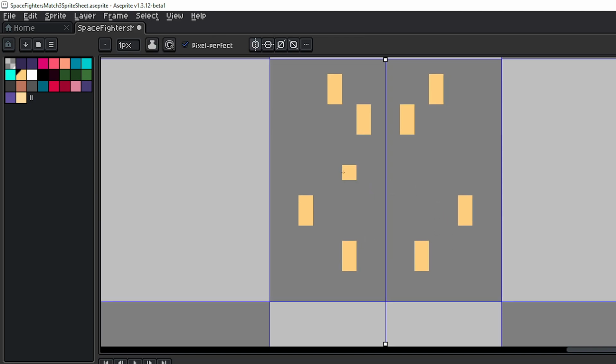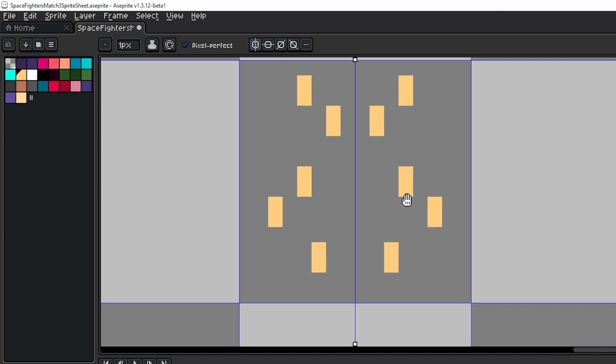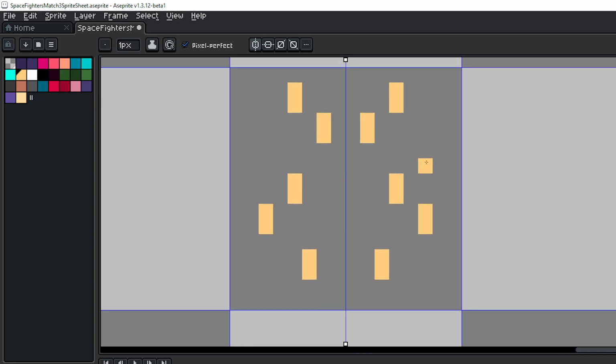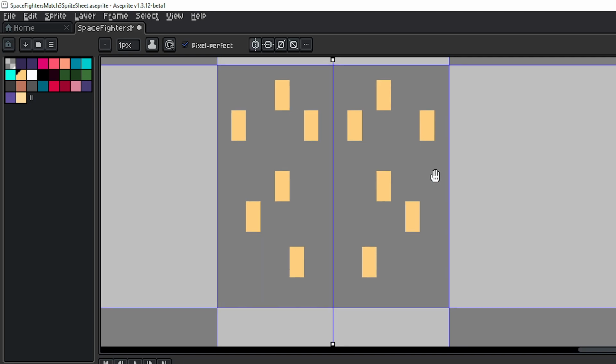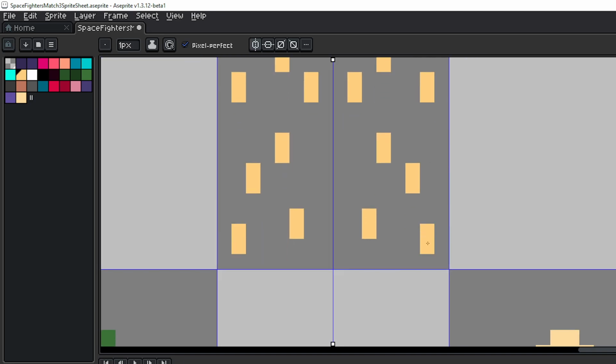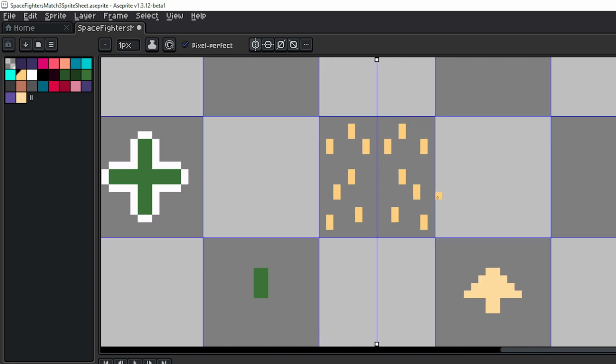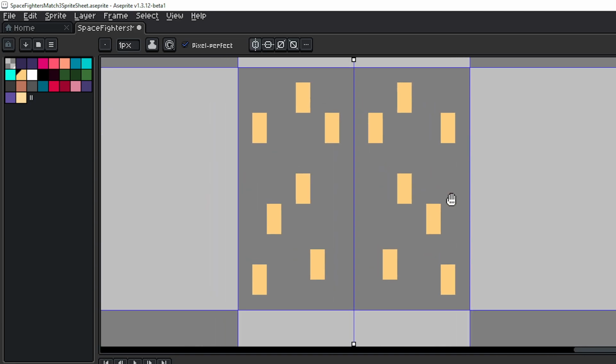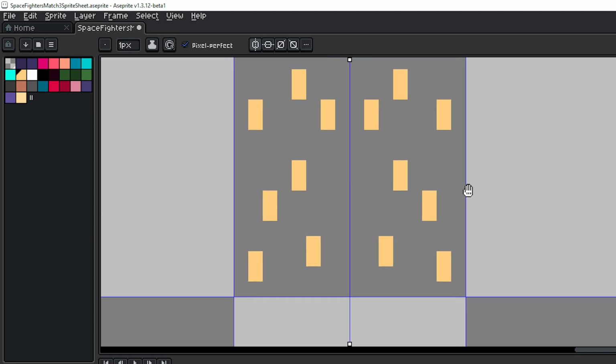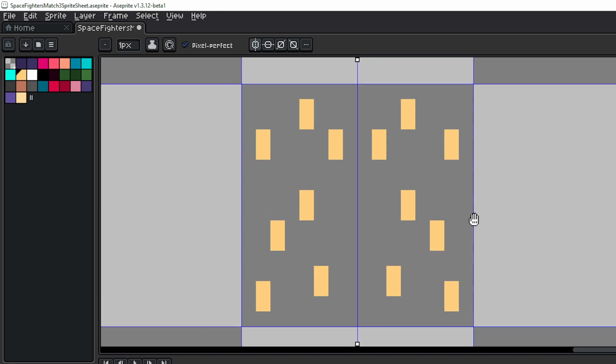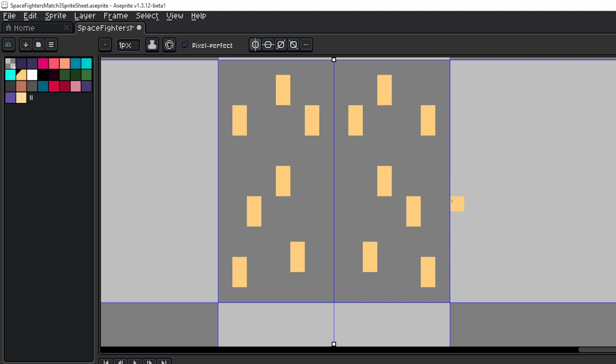I think two wide on each of these would be good. It'll give us a little bit more space to work with. And I think I can make this essentially work like the beam, where it'll fire